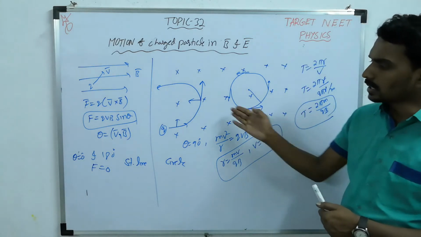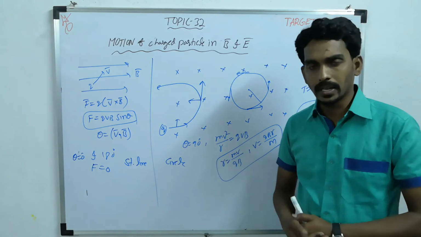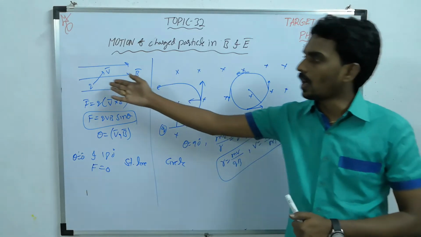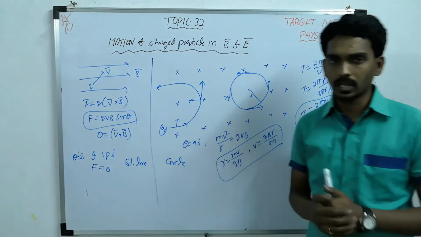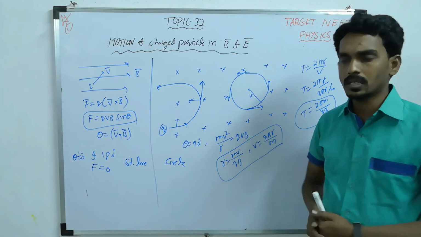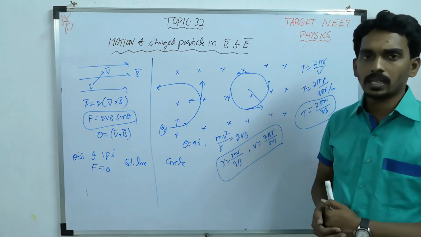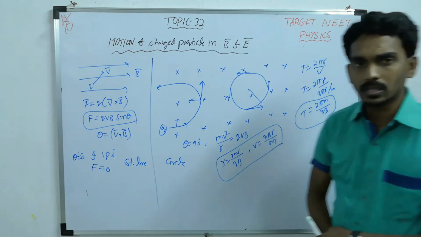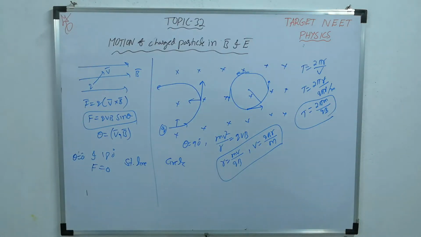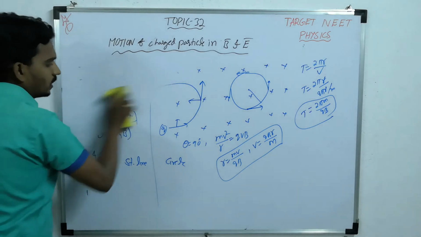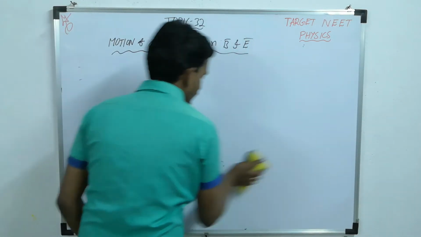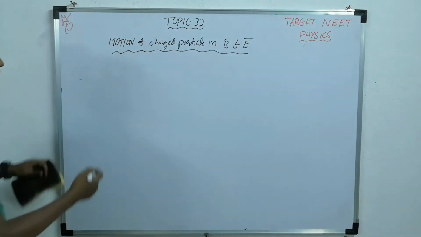That is the case other than 0, 90 and 180. Then a helical path will be there, where you take the horizontal component and the vertical component. But mainly questions will be asked based on this theta 90 degrees case. Let us see how the questions will be asked based on that. If you consider this case, here the questions will be asked based on the radius or kinetic energy.